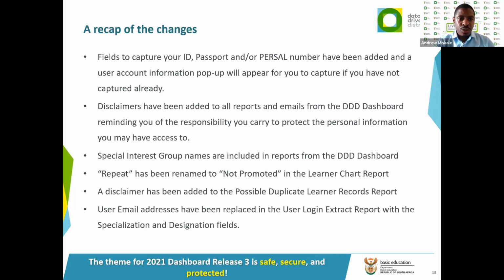Secondly, we've got disclaimers that have been added to all reports and emails from the DDD dashboard that remind you of the responsibility that you carry to protect the personal information you may have access to. This is in line with the Protection of Personal Information Act that came into effect in July. Third bullet point: special interest group names are included in reports on the DDD dashboard. And fourth, we've got the repeat term